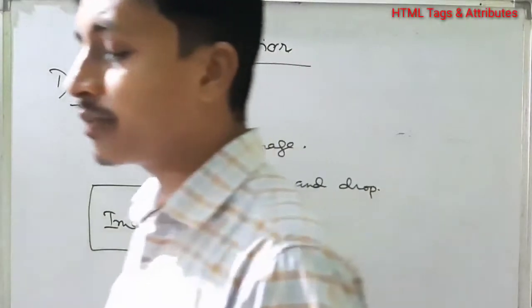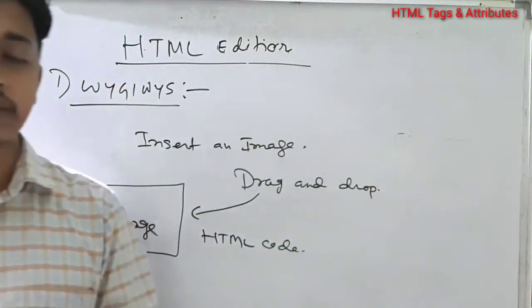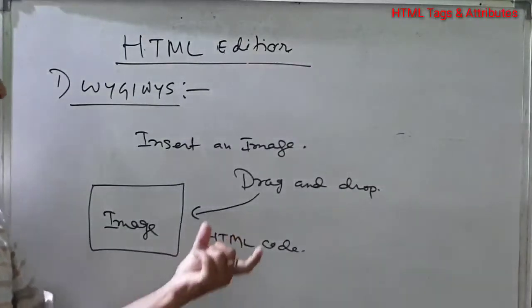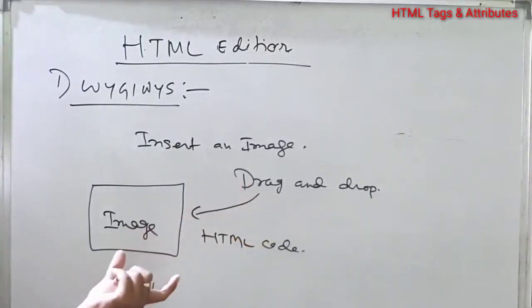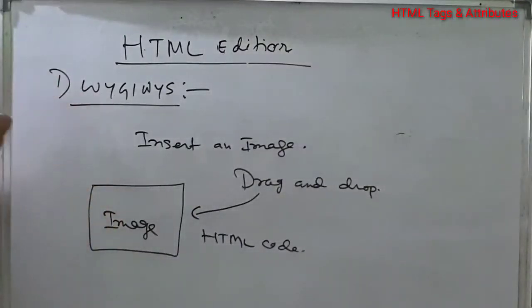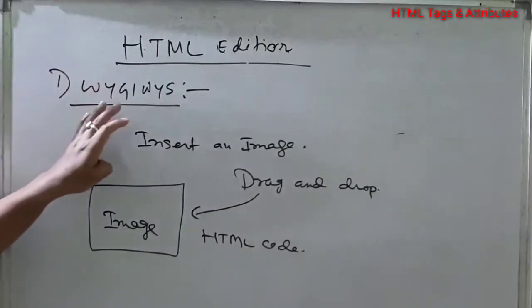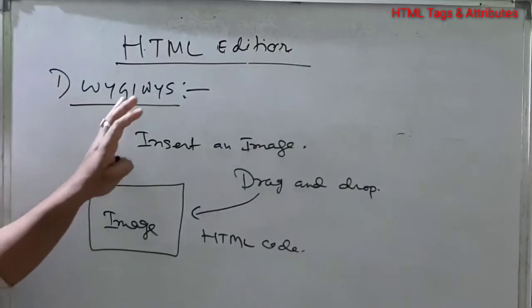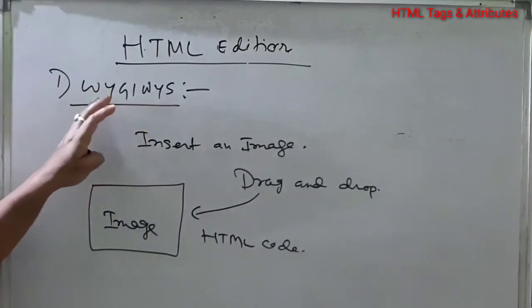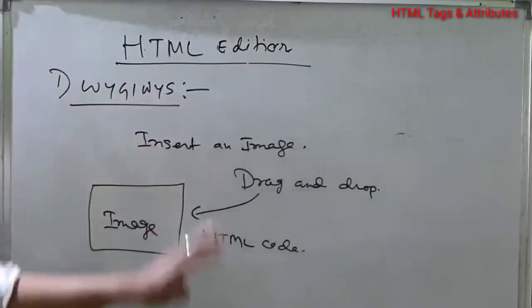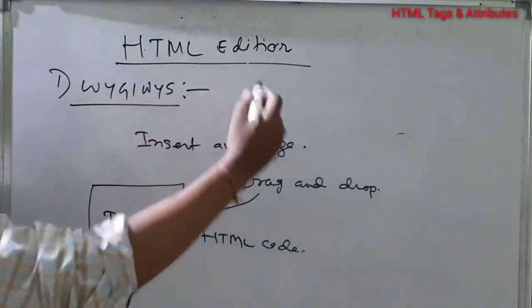Okay, so it means what? It is one of the most famous HTML editors, because here usually no need to write the codes, you just drag and drop it, and there is no programming language needed. Okay, so this is the advantage of these editors. WYSIWYG, what you see is what you get. Okay, in your exam it may come what is the full form of this. WYSIWYG means what? What you see is what you get. Okay, it is an HTML editor.